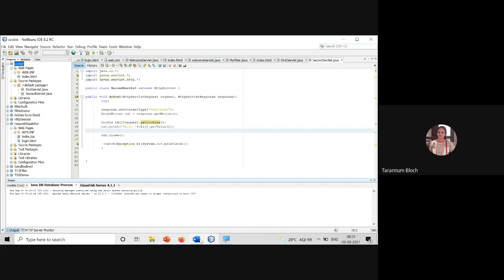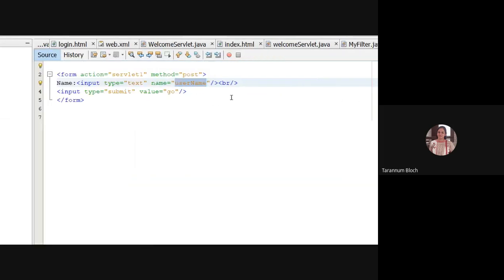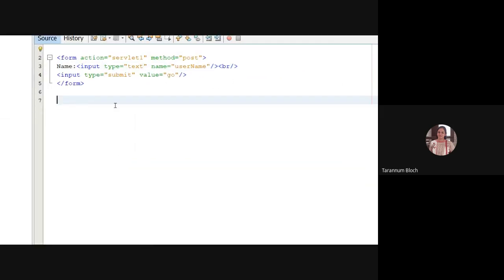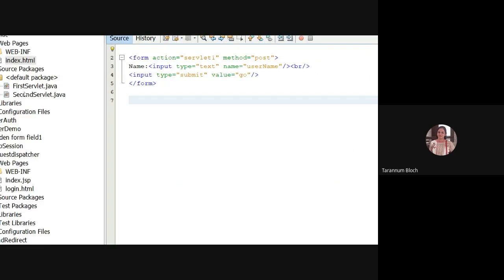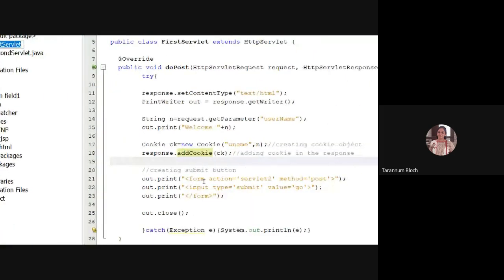Up till now, any doubt, any question, everyone? You can look at the code one more time. This is index.html. This is your first servlet where we created a cookie.